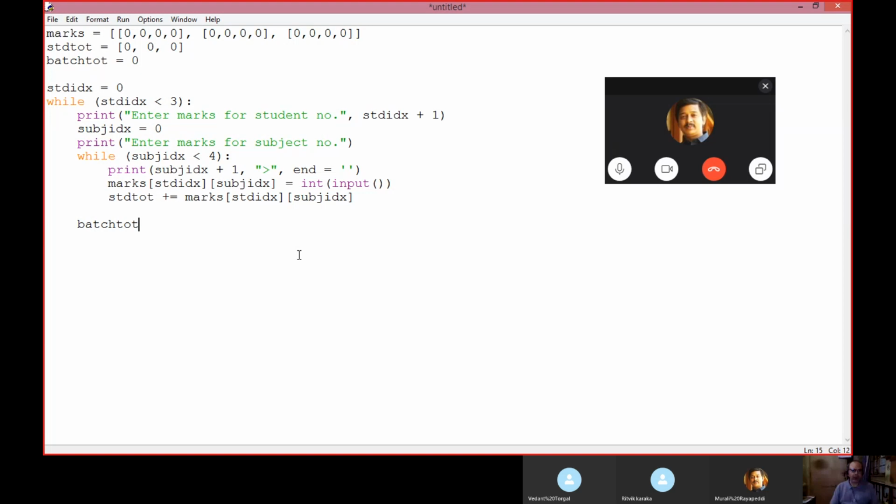Batch total will be what? Student total. Okay. One more thing, we have to increment, no? Without incrementing, how will it work?